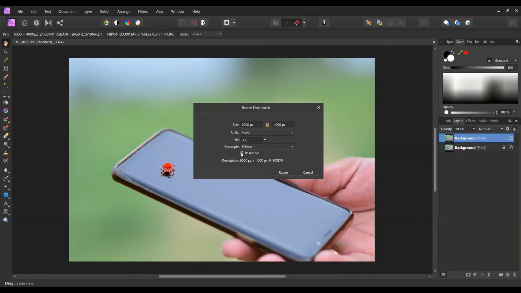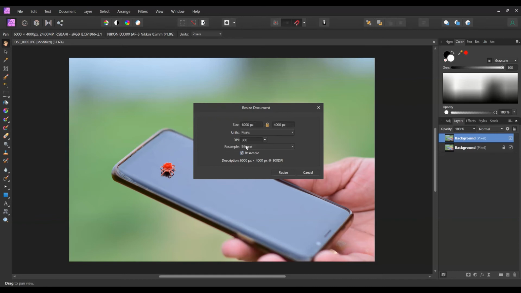Now what happens when I click on resample or when I don't click on resample? Let's say I remove my tick on the resample. Now our size has hidden, our resampler has hidden. Now we can properly change our pixel density that we want to be printed. We can reduce or increase it accordingly. This will not affect the size of our document.